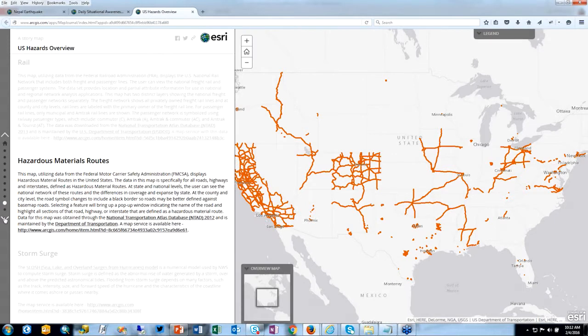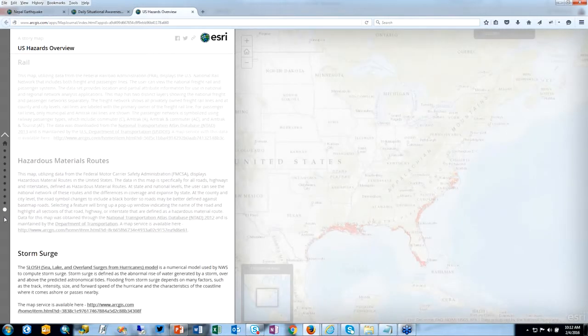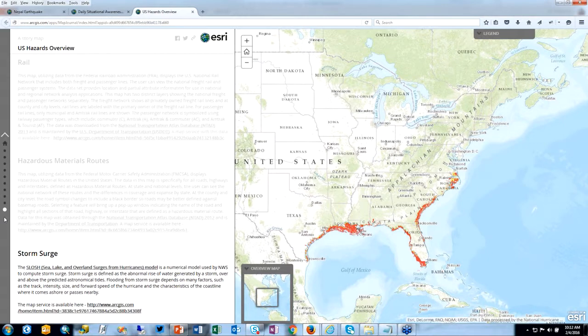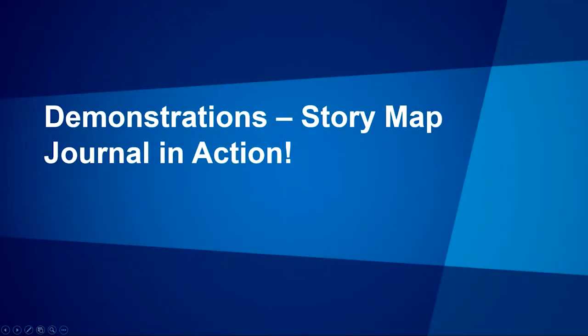the emergency management mission. The first one we showed was from the incident perspective and how you might use this at a particular incident. The second was from a daily briefing perspective and configuring the story map journal that way. And the last, in this final example, was more from a hazards perspective and operationalizing some of the elements that may be in your hazard mitigation plans and making this interactive and accessible through the story map journal. So those are just a couple of quick examples that we wanted to show to give you context of how to use this particular